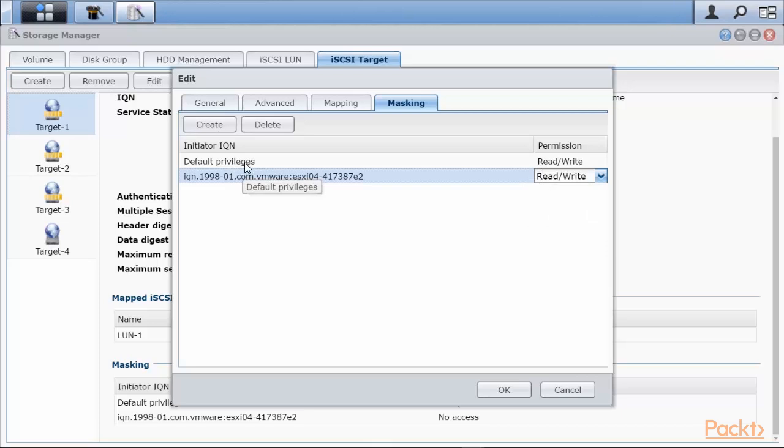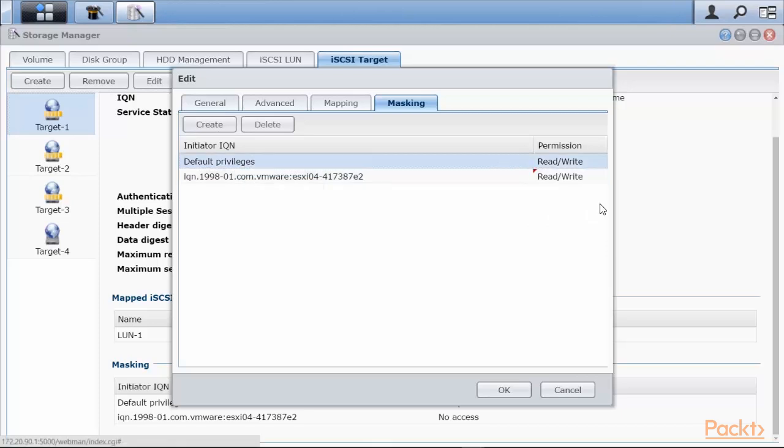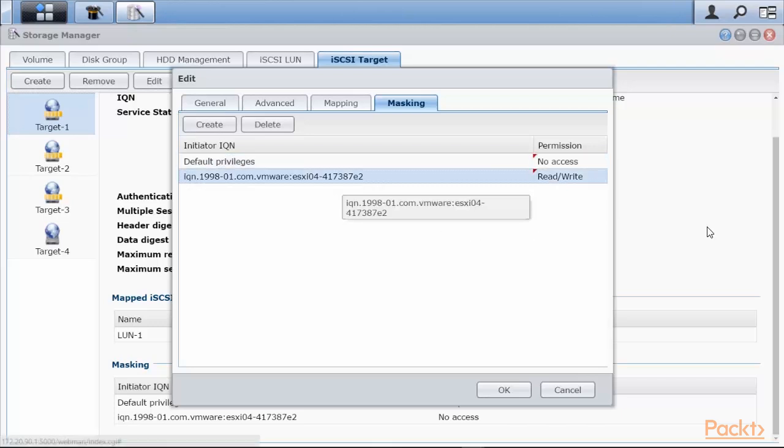A good security measure is actually this, where you look at the default privileges, and then instead of making the permission read-write, you make it no access, and then specific hosts are given read-write access to that. So I change the default from read-write access to no access, and now I can very securely say, okay, only these hosts can actually do read-write to this target, and that is usually a much better way to